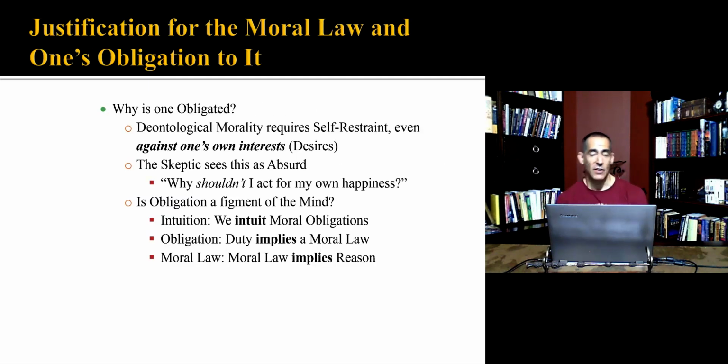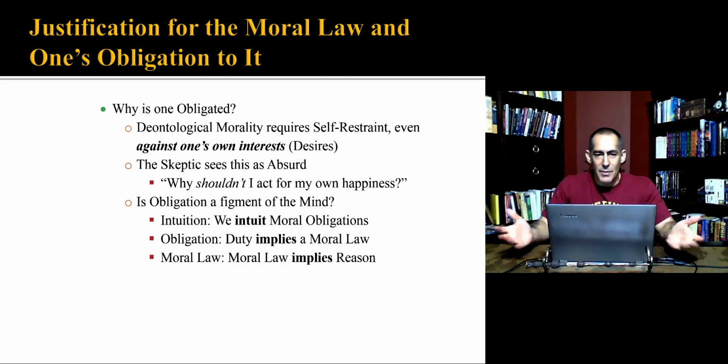Now, the justification for the moral law, why am I obligated to this moral law, to this categorical imperative? We already said this whole system is asking me to ignore my desires, and that seems like a big request, right? Why would I go through life ignoring my desires? It seems like I should be concerned with my happiness to some extent, and if I am overly concerned with my happiness, then I'm all of a sudden an immoral person, and that just is a tough pill to swallow.